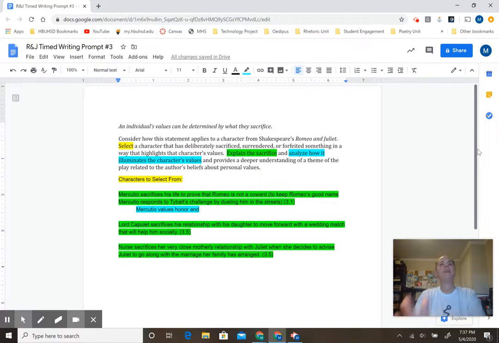I never know what I want to say. It's something about, because he's in a public place and Tybalt is formally challenging him to a duel by sending the letter. So this would have been very official. And if you don't respond to it with honor and act like the man in your family that you're supposed to be, then it can bring shame to the way that people think about your family. So Mercutio values honor and